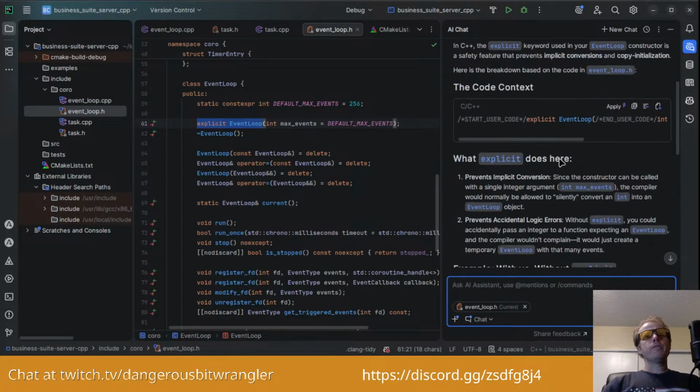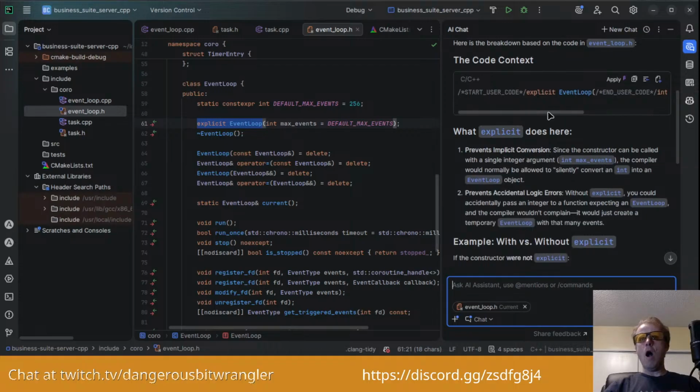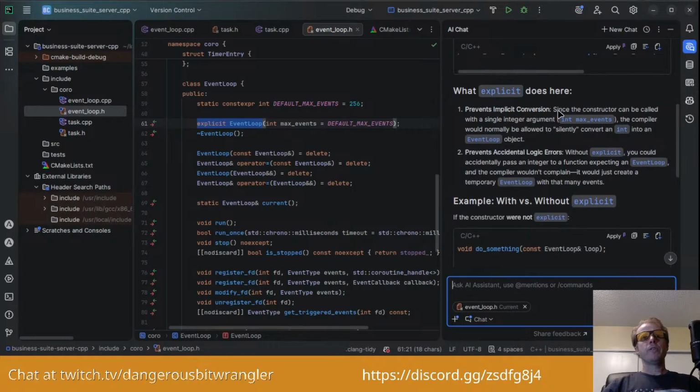Alright, C++, the explicit keyword used in your event loop constructor is a safety feature that prevents implicit conversions and copy initialization. Oh, interesting. Since the constructor can be called with a single integer argument, the compiler would normally be allowed to silently convert an integer into an event loop object.